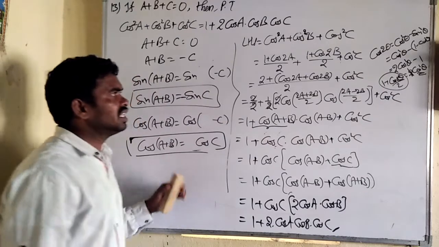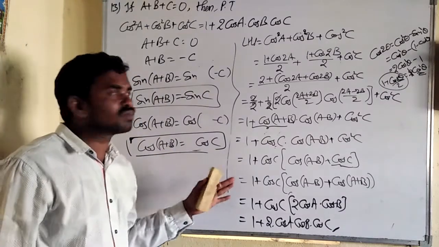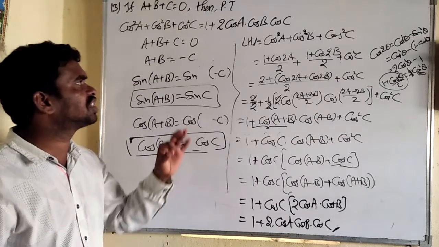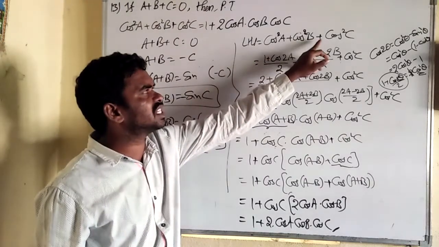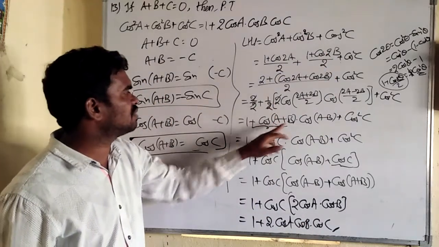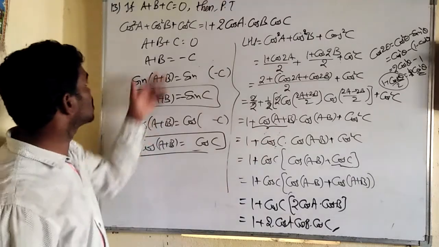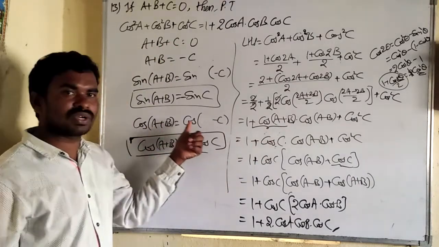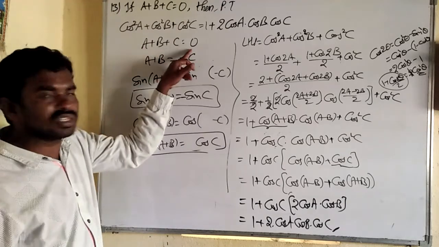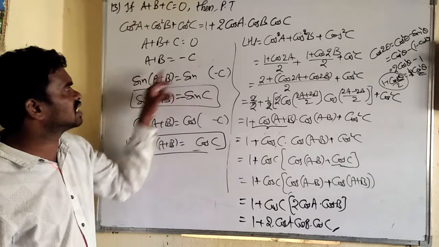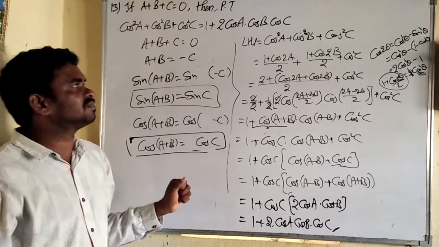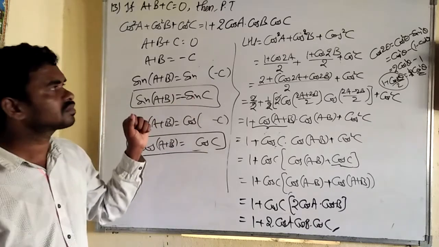This is the repeated 12th question, I just modified it, because the 11th, 12th and 13th are the same type of questions, with a small change. In the previous question minus was given, here plus is given. That's why I wrote plus. And instead of cos of a plus b, you just write cos c. Because based on 0, we get cos of a plus b equal to cos of minus c, which is cos c. See once again, given a plus b plus c is equal to 0 degrees, so a plus b equals minus c. Then sin of a plus b becomes minus sin c, and cos of a plus b becomes plus cos c. These are the formulas.